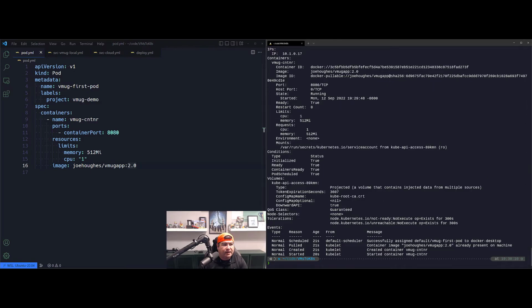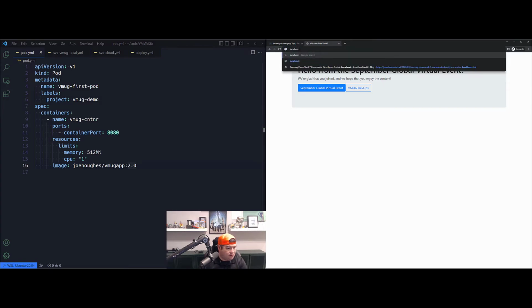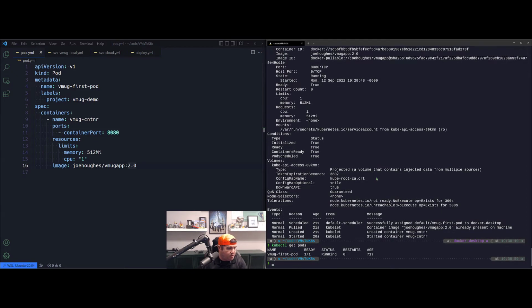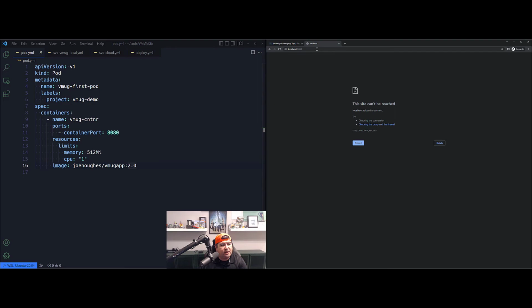And if I come back in here and take a look at this again, hold on a second. What was our get pods? So we have this thing up and running. We should be able to hit port 8080 on my localhost, and I should be able to get to this pod. Oh, but it's not actually working. Well, that's because we don't actually have this thing exposed currently.